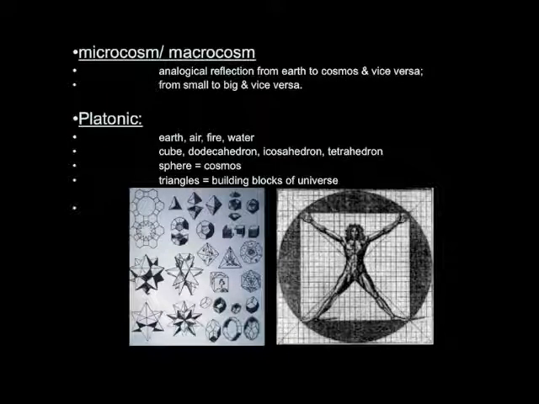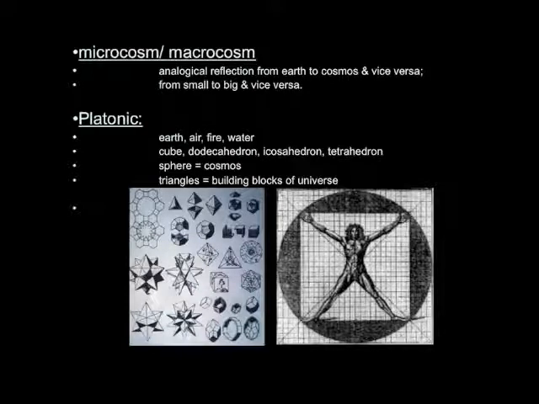Have you ever noticed how the electrons orbiting around a nucleus look a lot like a solar system, for example? Of course, they didn't know about atoms in those days, but they knew about other things that had analogical reflection from one scale to another. Medicine, for example, would have been organized based on similarities of appearance. Like if you have a headache, you want to eat a food that looks like a brain. So what would you eat?